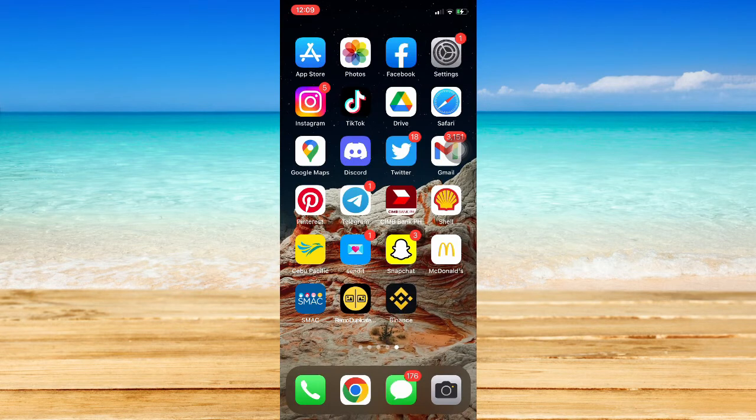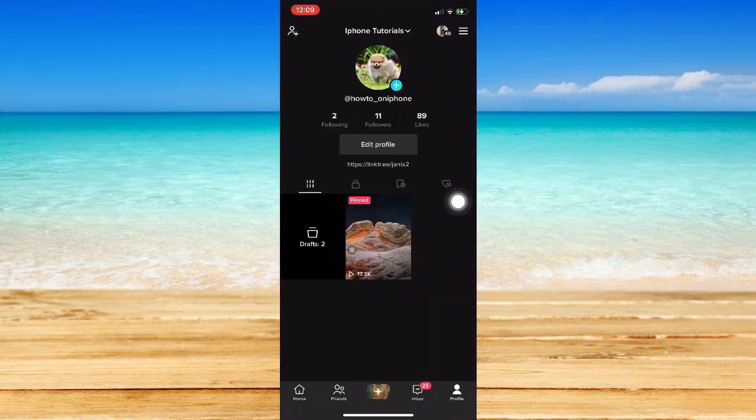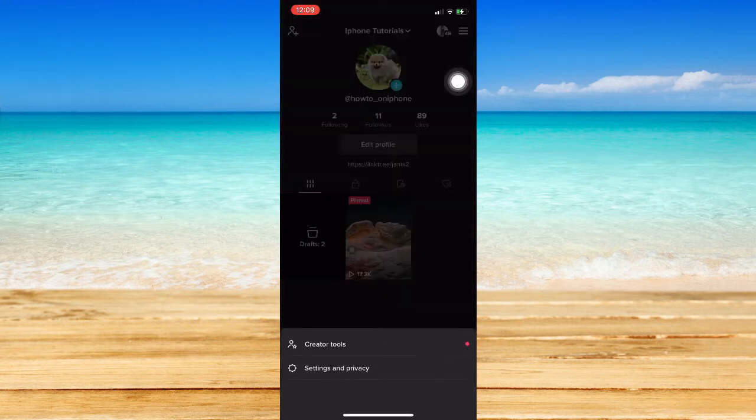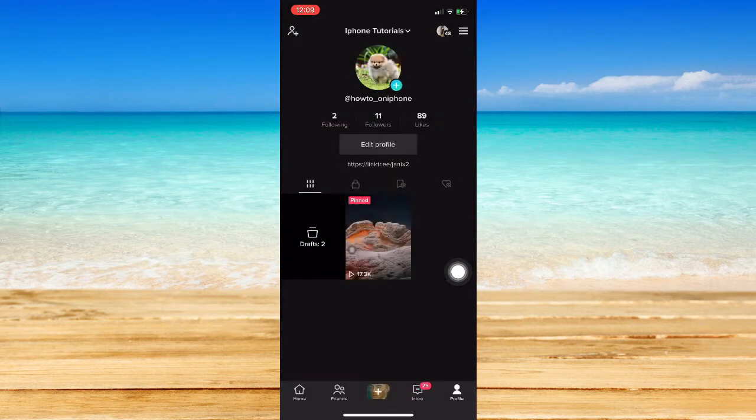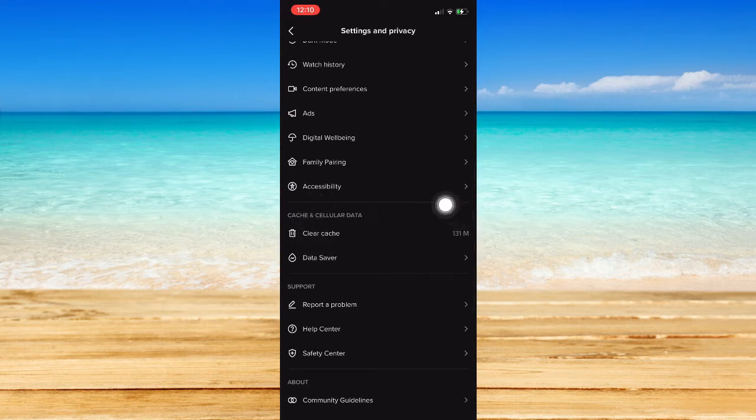And also, there is another way for clearing the cache of your TikTok, which is by opening it, going to your profile found in the lower right corner of the screen, and then going to the three lines found on the upper right corner, settings and privacy, and then scroll down and look for clear cache. So click on clear cache and then wait for it to load. And then now try it once again, and if these steps still don't work, then you may now go